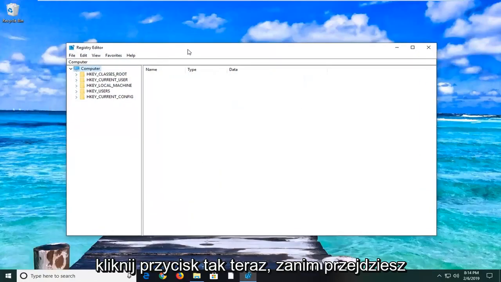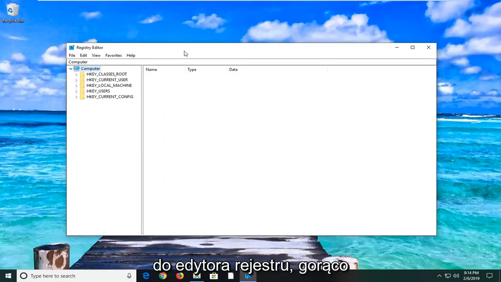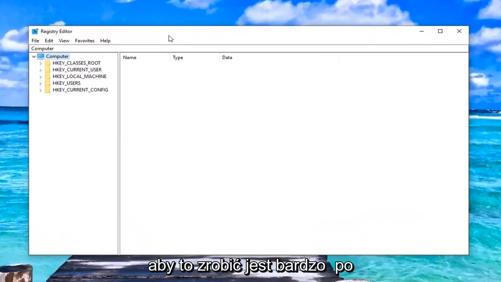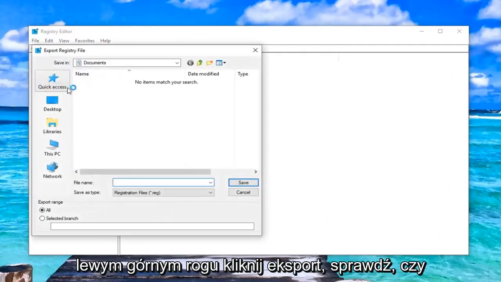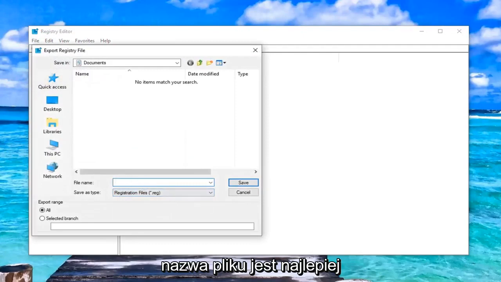Now before you proceed in the Registry Editor, I would highly suggest you create a backup of it. In order to do that, it's very simple. You would just left click on the File tab up at the top, left click on Export. Save the file name as something you'll be able to easily recognize, like the date on which you're making